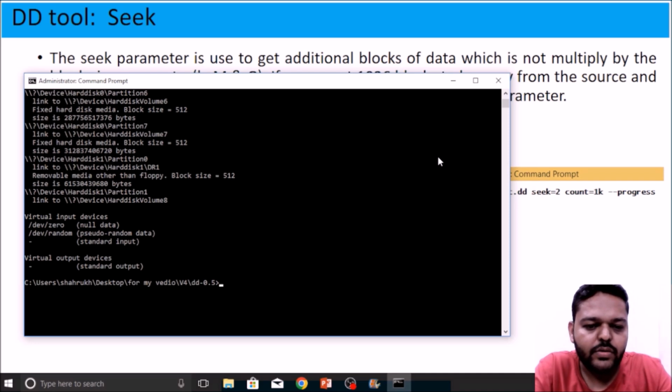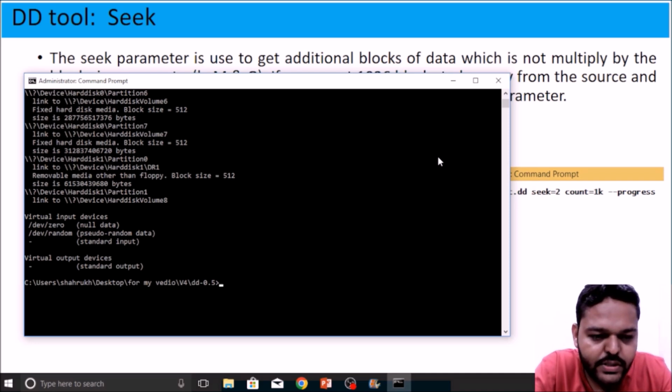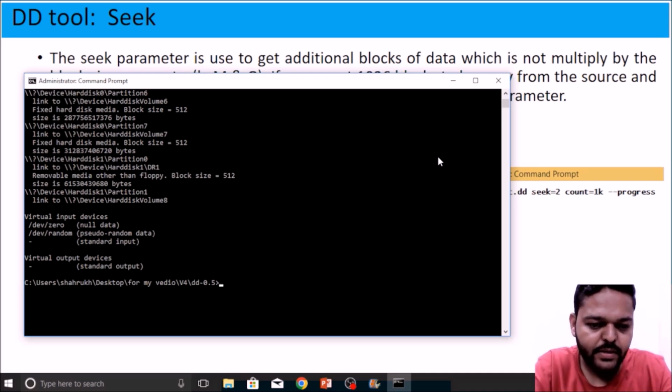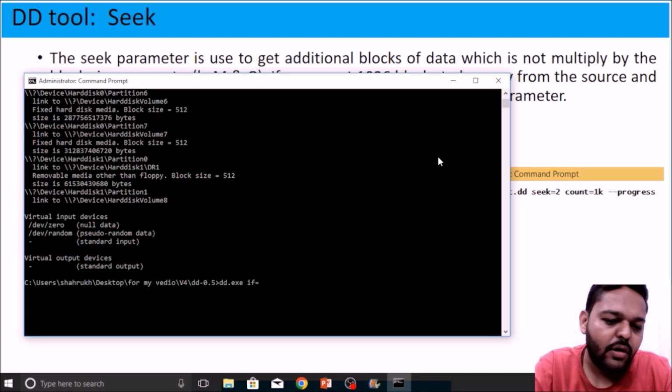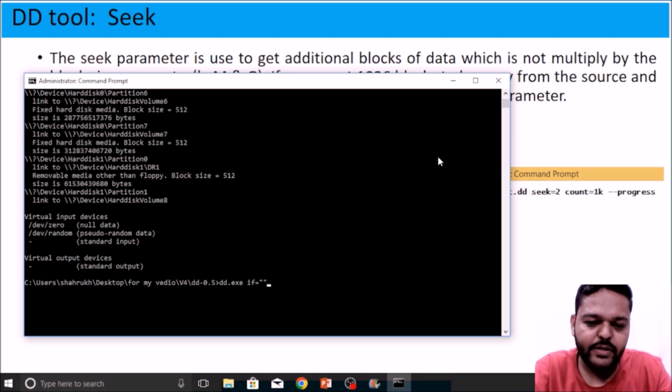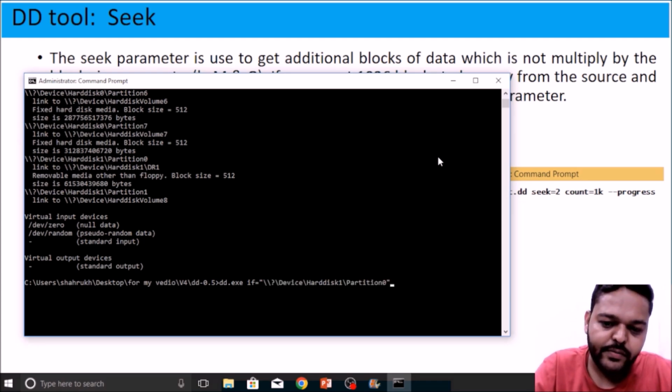Okay, so here we are going to discuss the seek parameter. First of all, we have to declare the input file and output file in a dd command. So first of all, declare our dd.exe. Then if is the input file, where we need to give the source path, which is our removable pen drive.